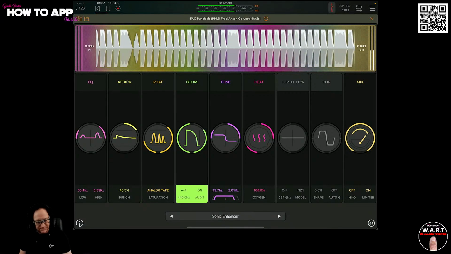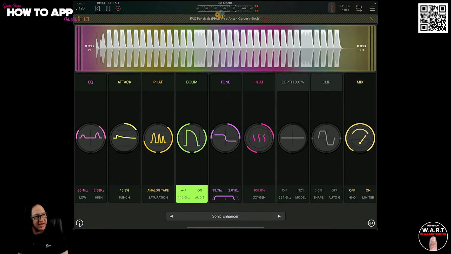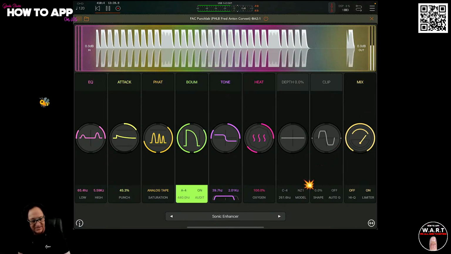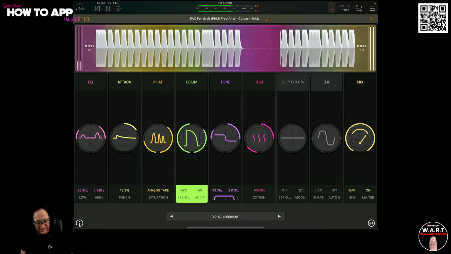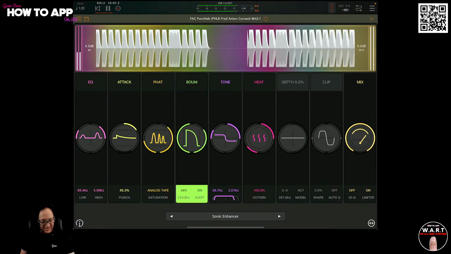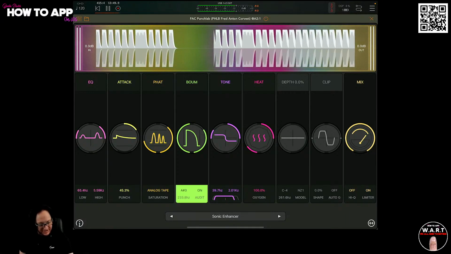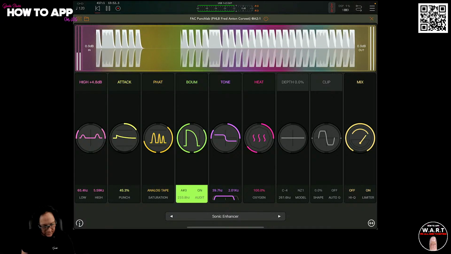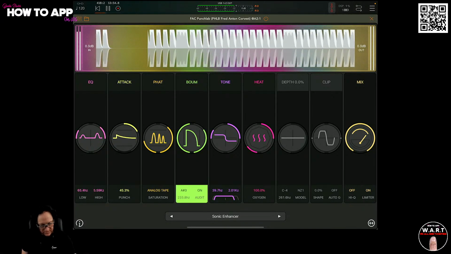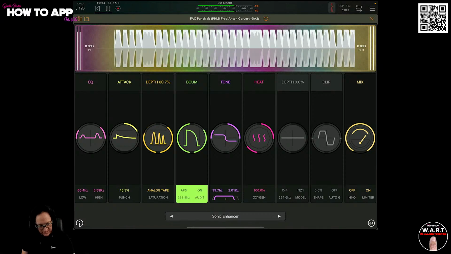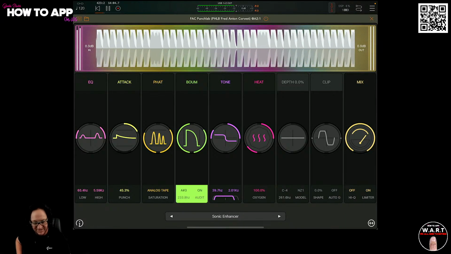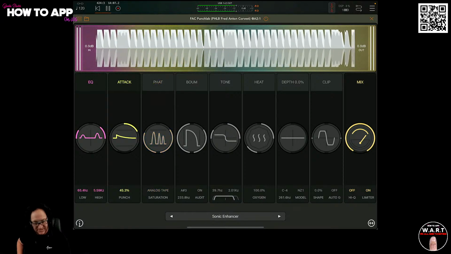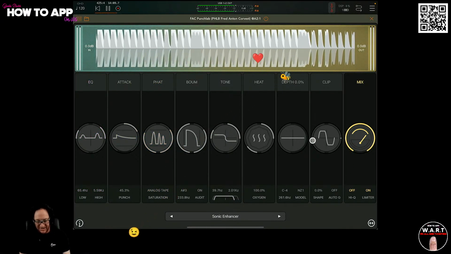Yeah? So you can see how you can really shape some of this stuff. It's wild. Lovely jubbly. Okay, we have over here